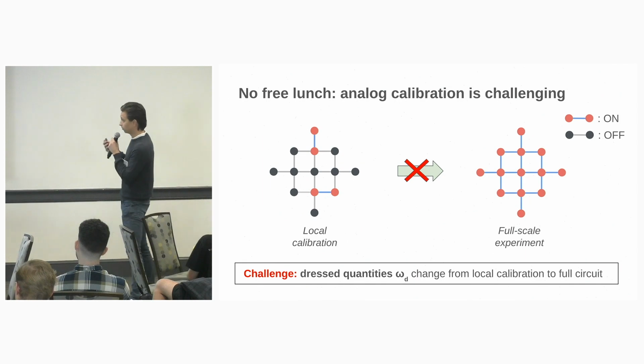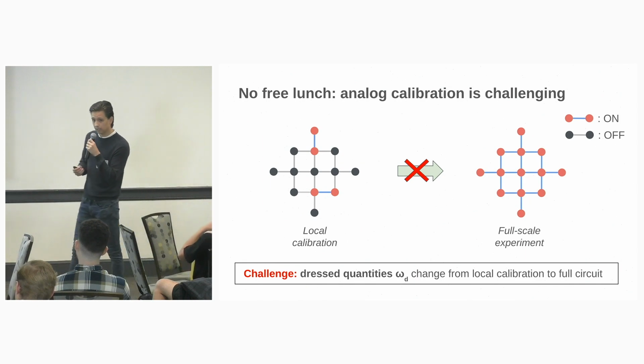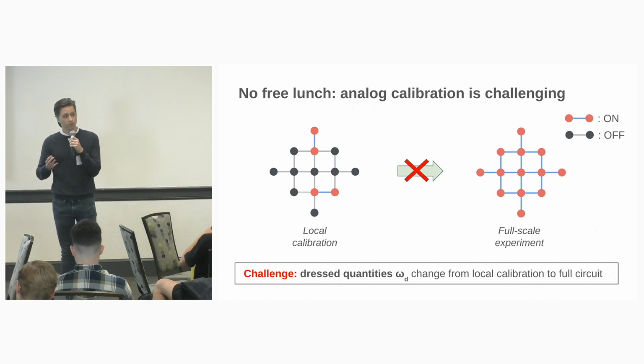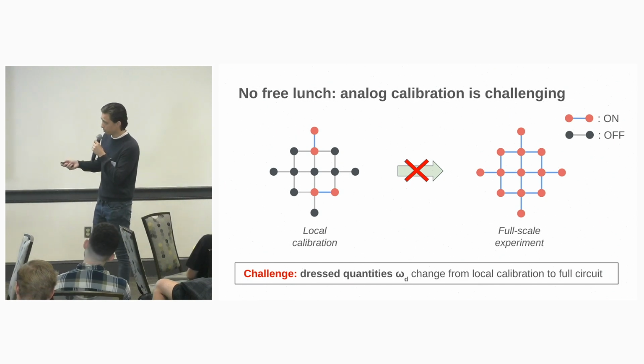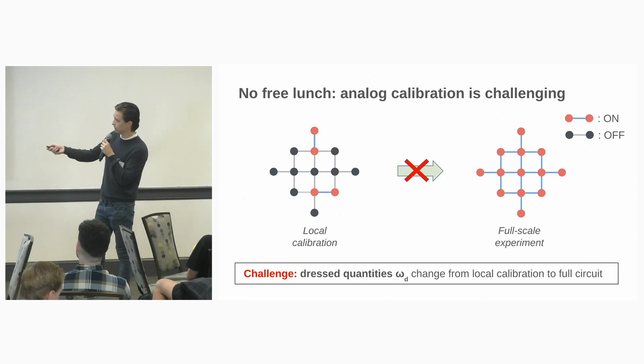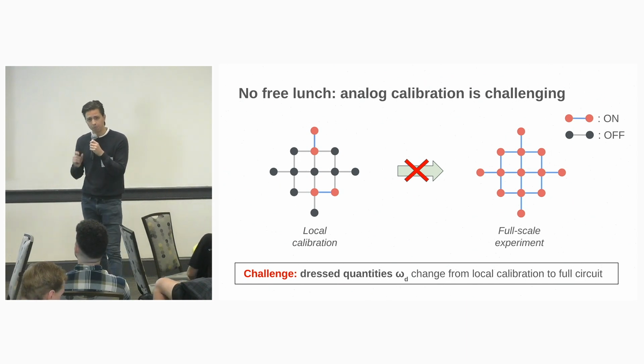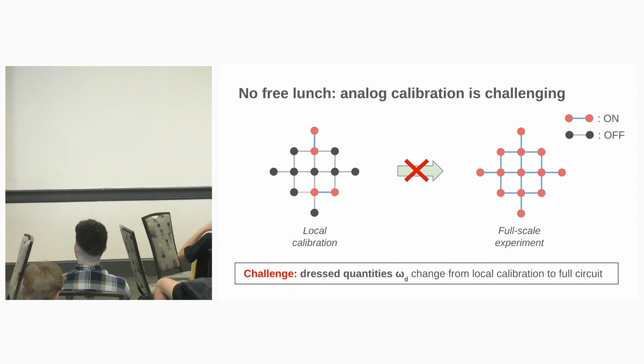However, unfortunately, there's no such thing as a free lunch. And in our case, really the big obstacle is that analog calibration is tricky. The reason for that is very intuitive. We want to perform some kind of local calibration, as is shown here. Typically, we want to calibrate two and two qubits. Now, in the digital case, after you're done calibrating those pairs,